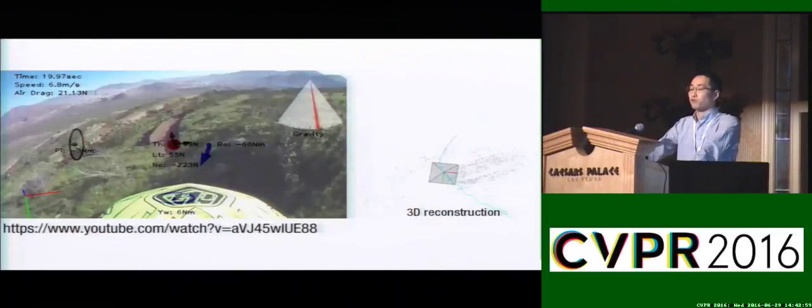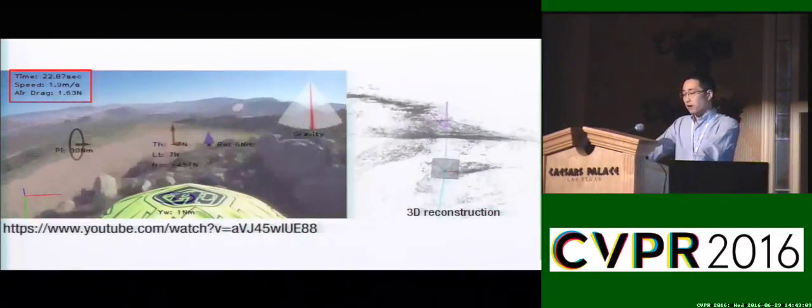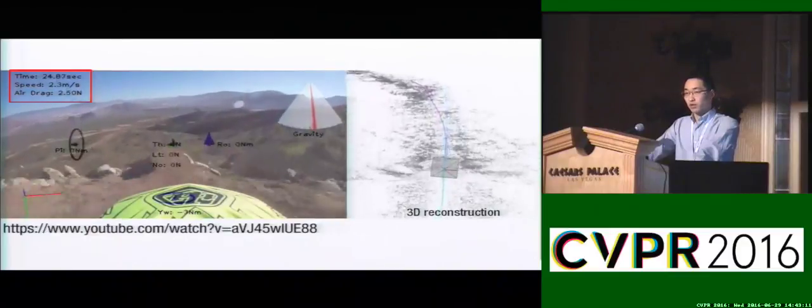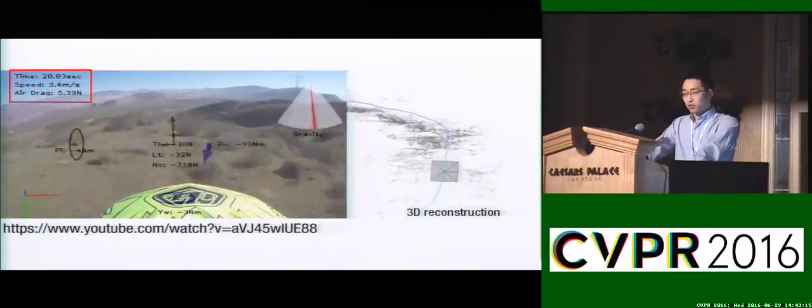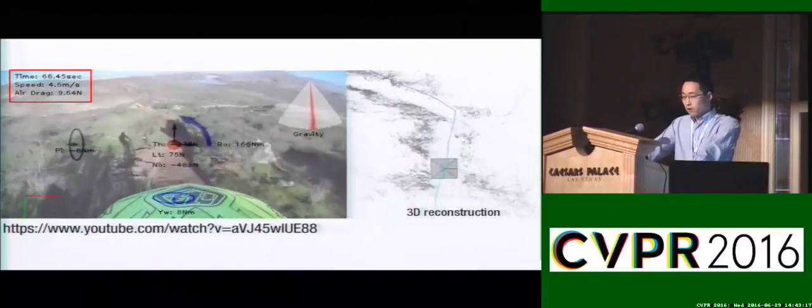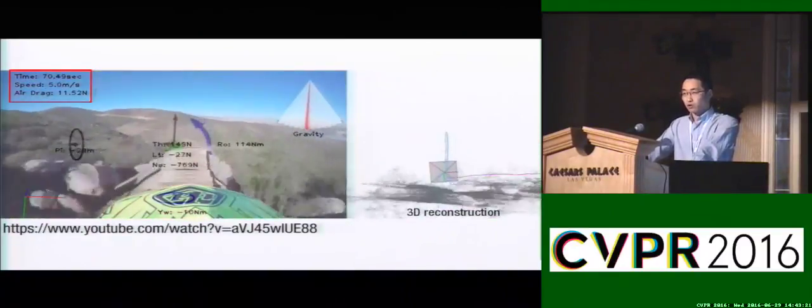Here, we predict the forces and torque for other biking activities. We predict the gravity, force and torque, and air drag as well. On the right, I'm showing a 3D reconstruction of the camera trajectory of the mountain biker. This reconstruction is physically meaningful as the typical speed of mountain biking ranges between 1 to 10 meters per second.